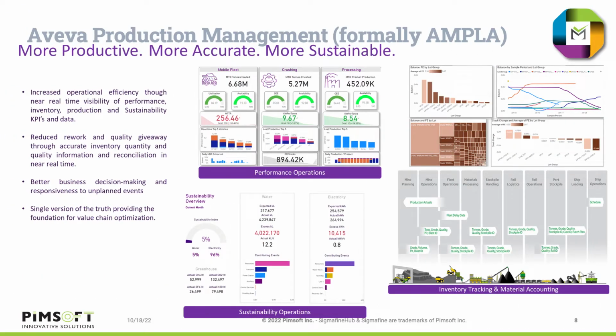Well, what is the benefit to have this kind of solution in the industry? Well, with AVEVA Production Management, will allow you to combine in just one software these three famous sentences that probably you use in your normal day or your normal operation. Be more productive, more accurate, or more sustainable. And how will you do that? Well, basically increasing the operational efficiency, reducing the rework and quality giveaway, to have a better business decision making, and finally, you will have a single